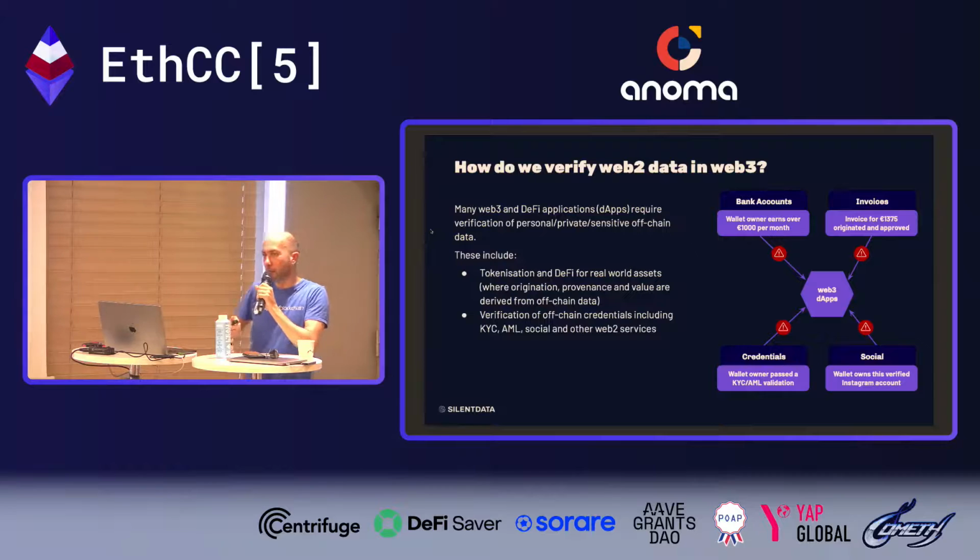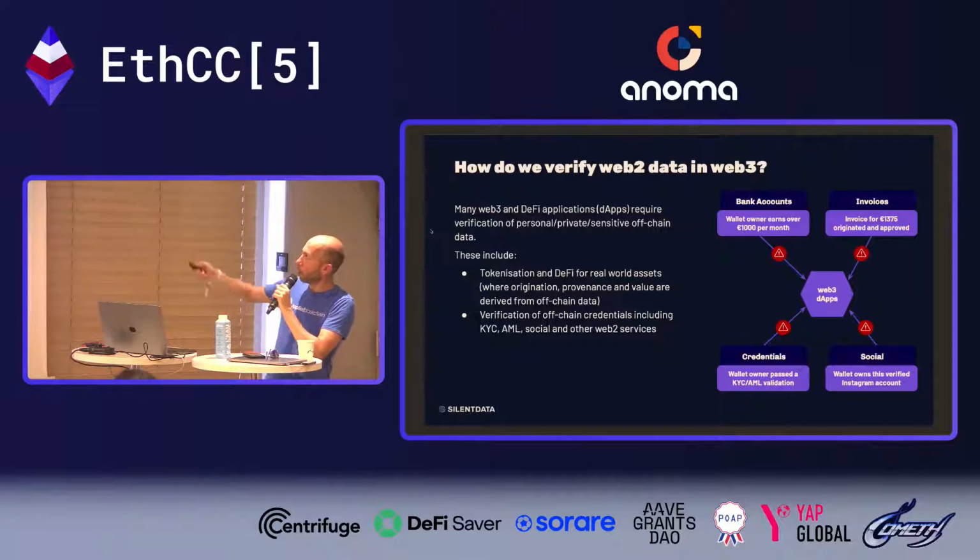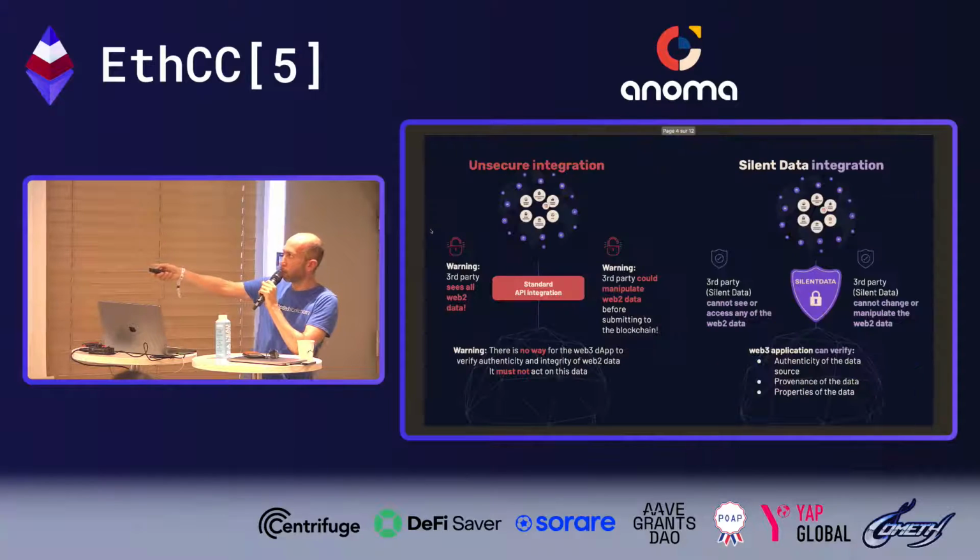For those real-world assets, the assets are originated and anchored, and part of their value comes from external data sources from the real world. That means that we need to be able to import that information into the blockchain. And where that information is sensitive, so it's about a company or an individual, that's where we need a privacy-preserving oracle. So the first is tokenization of real-world assets, and the second is verification of off-chain credentials, so identity. Obviously, anything to do with identity is super sensitive. We don't really want to reveal it on-chain at all, so we need to be able to prove things about it without revealing it. So these are the types of data sources that we've been integrating with.